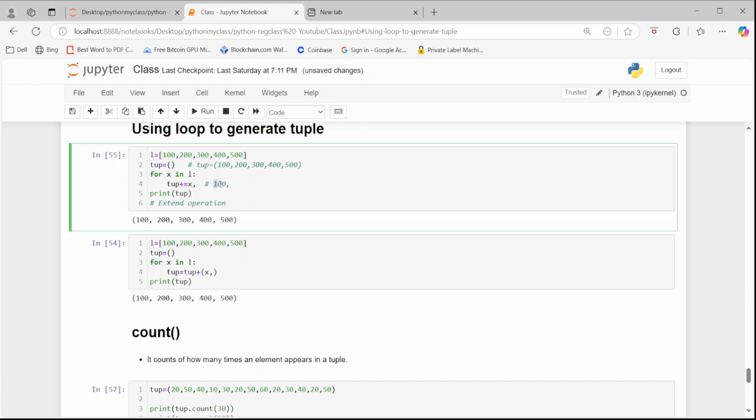Only one element. And the extend operation will basically append all the elements of the iterable one by one to the tuple or to the list. Here we have tuple tup. Initially this tuple has only one element, that is 100. So 100 will be assigned here, 100 will be appended here. 100 got appended here, and then we got a comma,